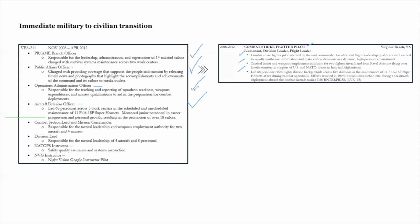Yeah. And I think one of the other things, we talk about resumes and the application to business school, but the other important part that resumes play in the business school process is they're an anchor point during the interview. So if you get an interview, the interviewer is going to have your resume, and they're going to be pointing at it on the table, and they're going to go, tell me about your job as a combat